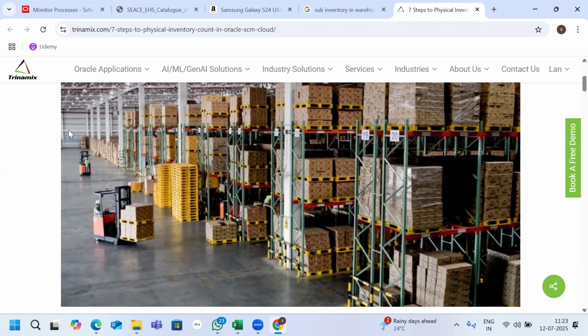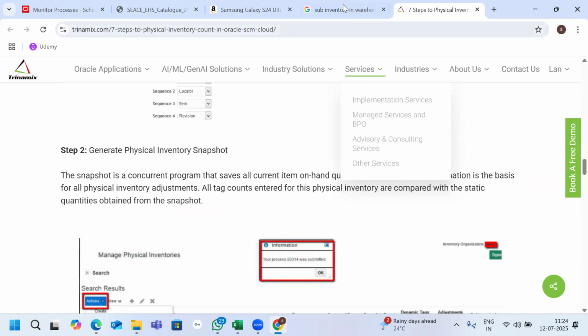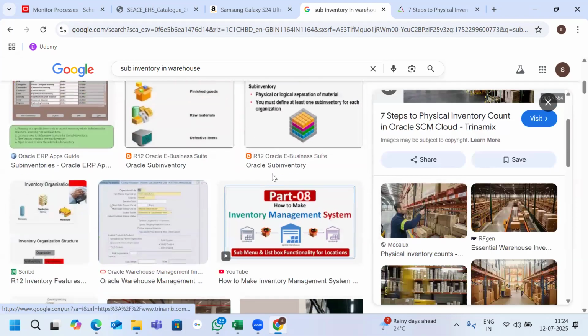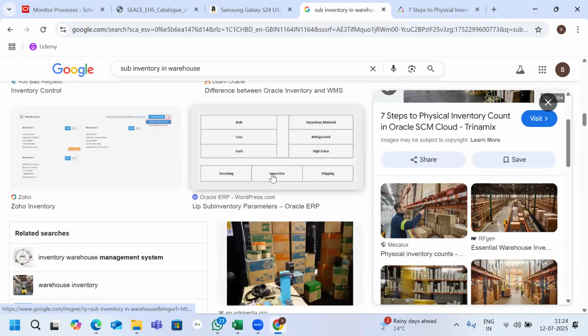So like that, we are able to define our segregation of the material. Good stock, where do you want to keep it? Bad stock, where do you want to keep it? Finished goods, where do you want to keep it? Chemical items, where do you want to keep them? Like